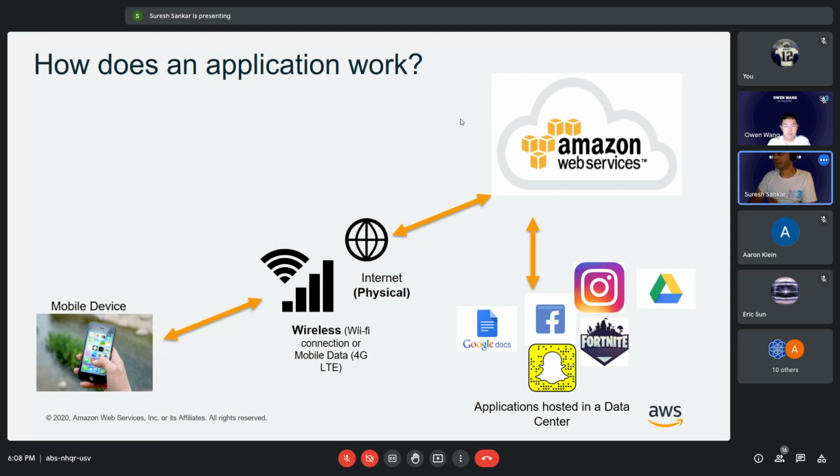So it's the same concept. Still, you need a Wi-Fi or a wireless connection or a physical internet connection, but you still talk to the cloud, right? Basically, the data center is hosted and managed by AWS